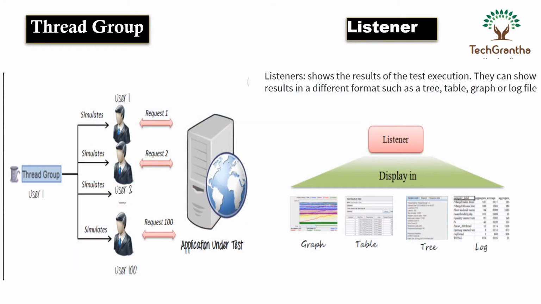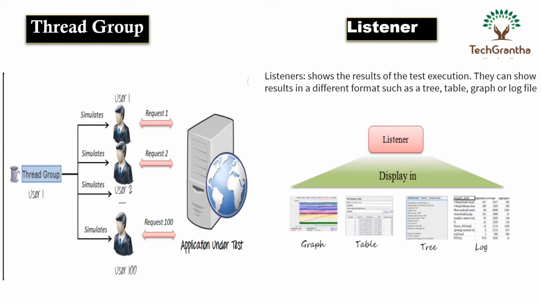If we come to the thread group, it is nothing but your number of users. Suppose this is one thread group, that is one user. If there are multiple users, suppose we want to test 100 users on our application, then we need to define the thread group as 100. That is the meaning of the thread group, and this is the main component whenever you are recording or creating your JMeter scripts. We need to declare the thread group, and after that we do all our other script enhancement.